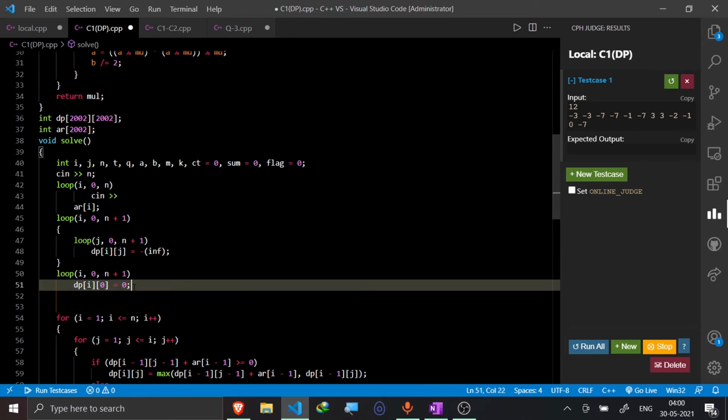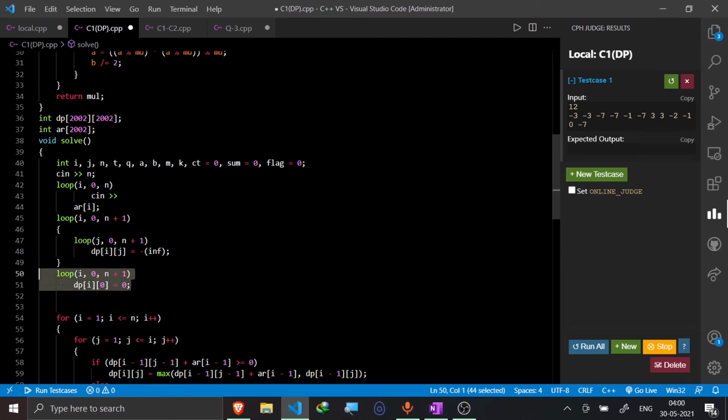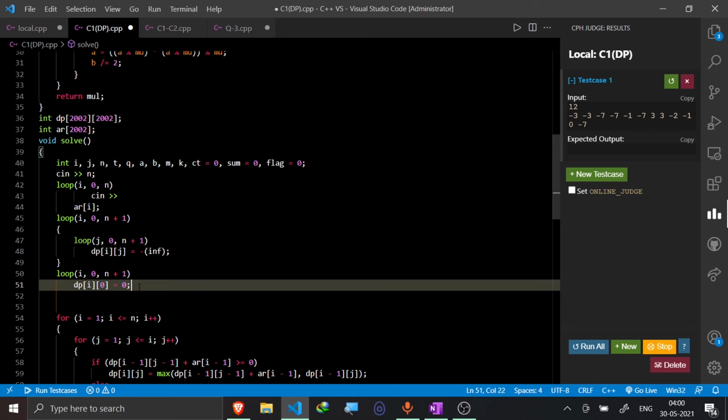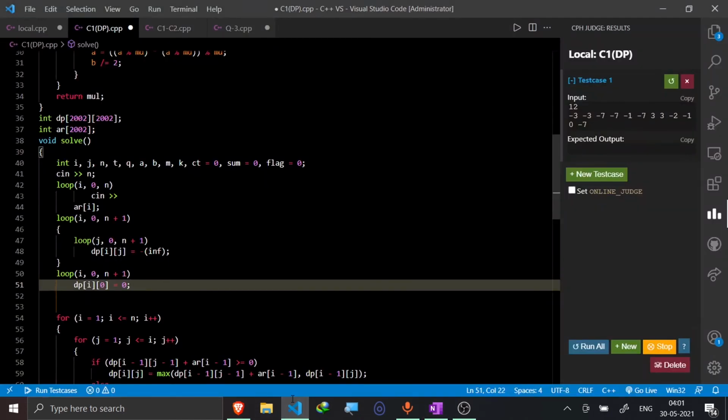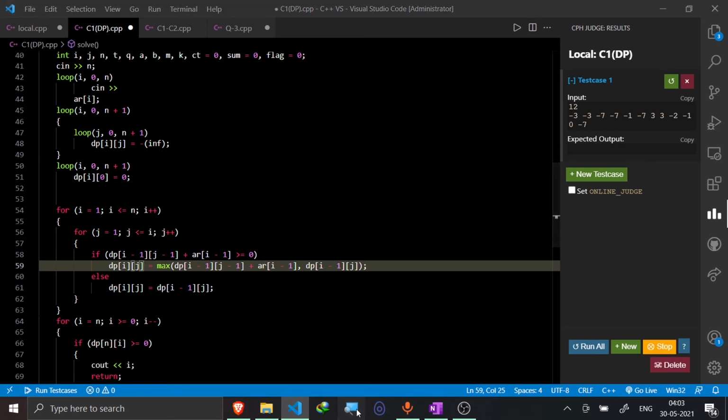Now this is my base condition, or rather the initialization part of that DP table. So basically what it is saying is that suppose I have portions from 0 till n, and these are the values for the cans which I have drunk. So now if I have to drink 0 cans, or rather I haven't drunk any can, then the health value is 0 no matter how many cans I would consider. So basically this is that only.